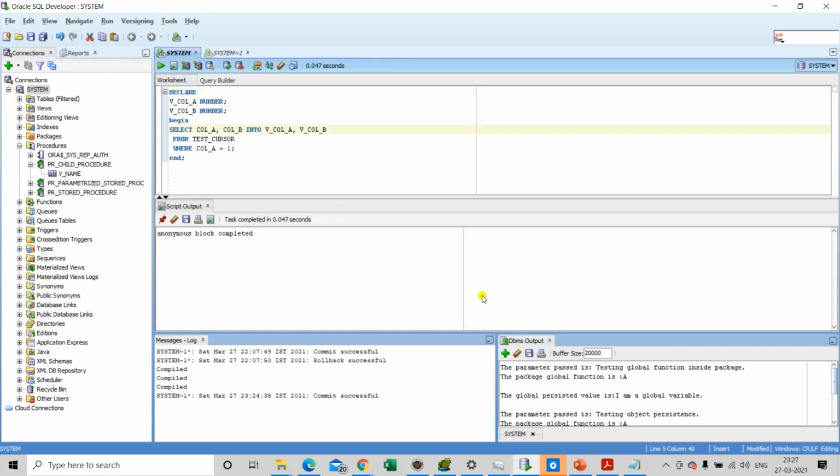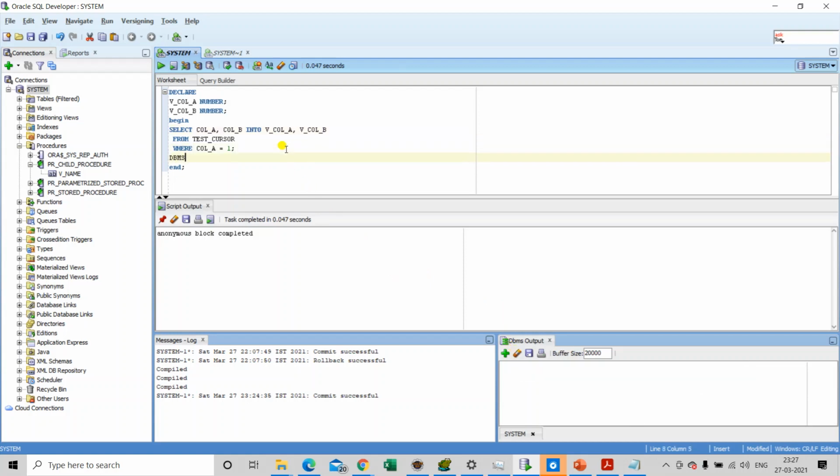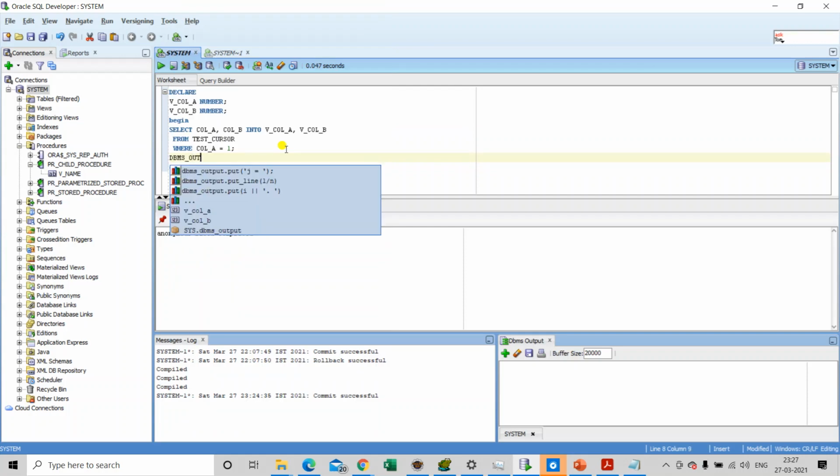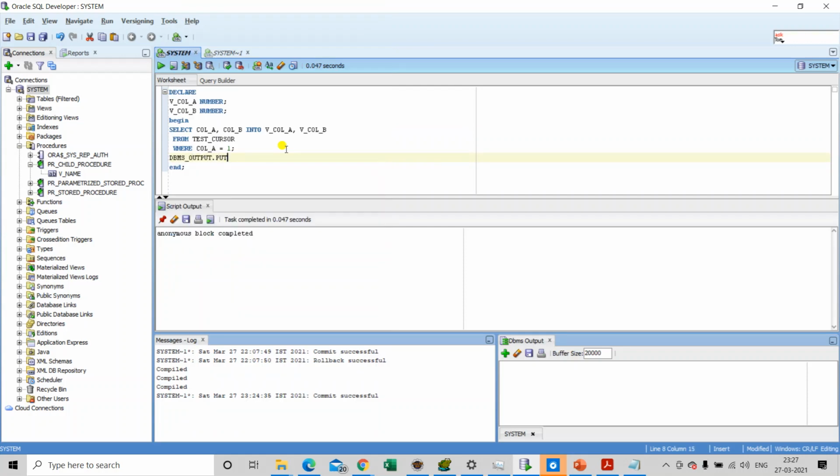So after running it, we are able to see that the anonymous block is completed. Or we can print the values on the console using the dbms_output.put_line: call a is, and call b is.